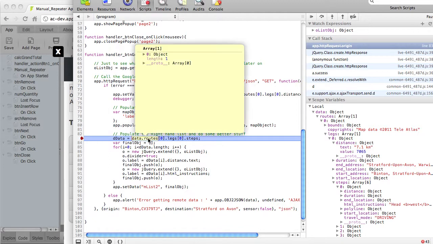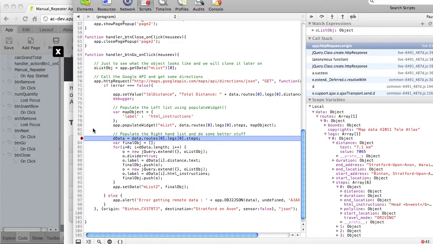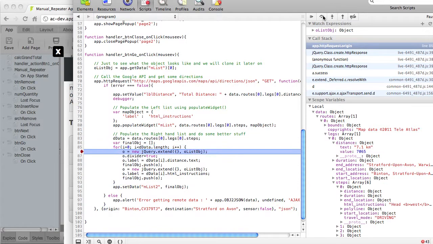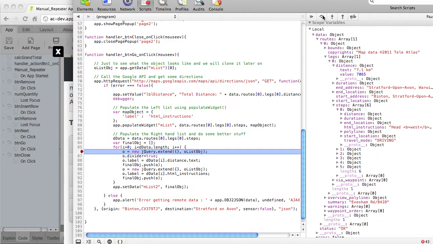The next section is how we get a bit more control, and we're basically processing our array, making modifications, and then writing the entire array back to the mobile list widget using the set data command. So what I'm doing here is for each of the, in this case, steps, we are here. First thing I'm going to do is I'm going to clone the